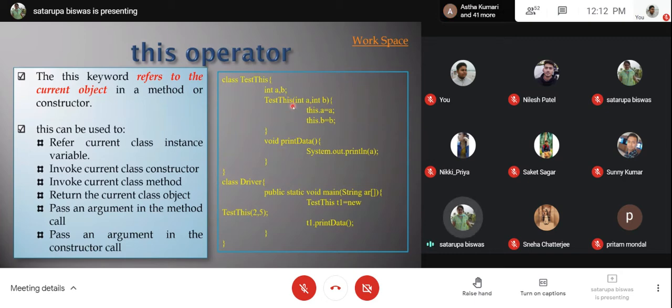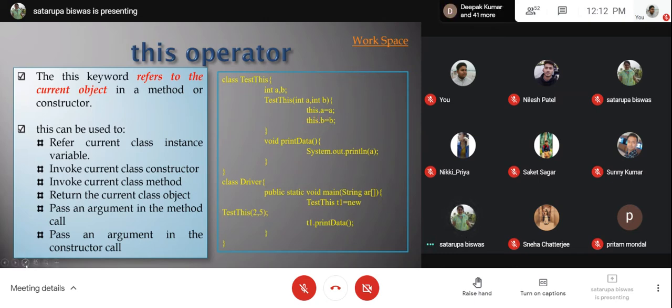But here inside this constructor, int a and int b, which we are using, are not exactly the same instance variables. These are basically the temporary variables or the local variables of this Test method, which are used to transfer the values to these instance variables. Okay.